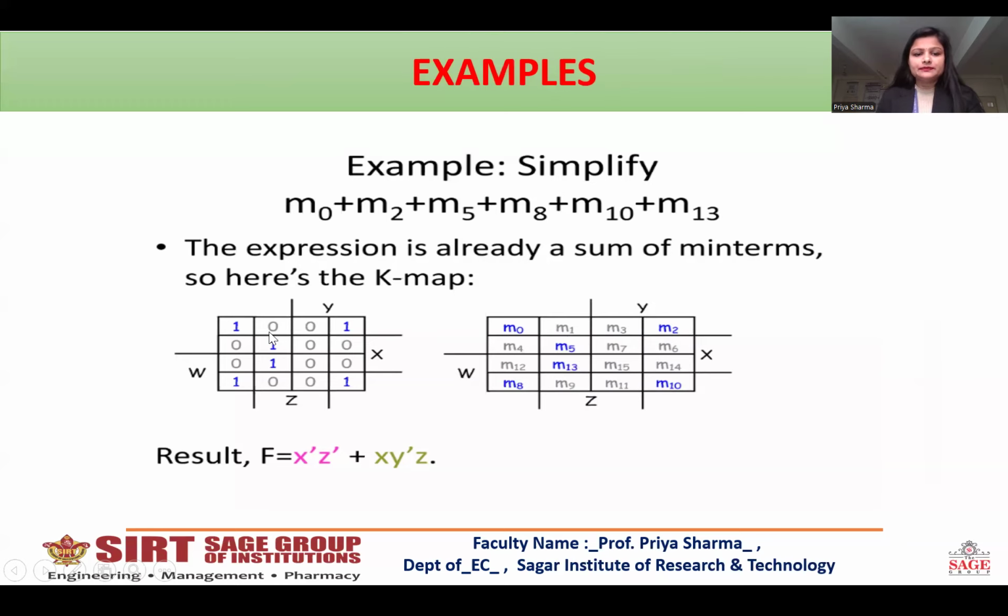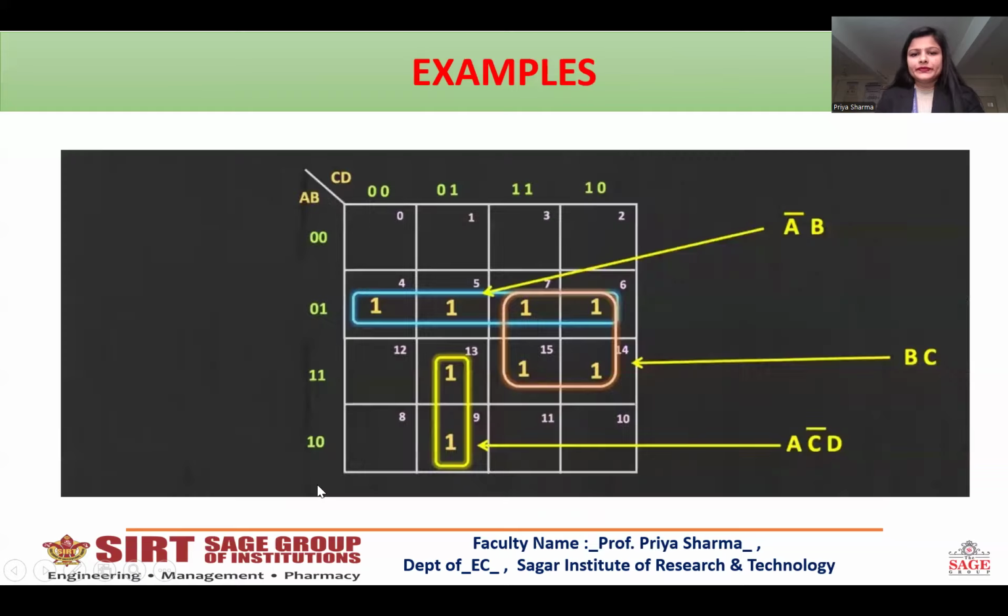After solving this, as you can see, the minterm for this will be x bar y bar z, and the minterm for this map rolling group will be x bar z bar. This is a question which is being solved, and you can see how the minterms have been written.